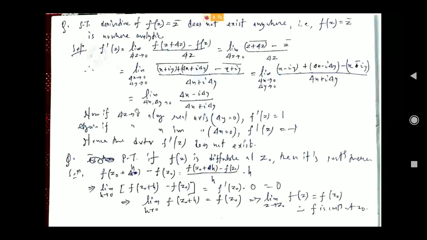So that is the approach we will adopt here. First let us approach 0 along the real axis. Of course we can do this. So when we move along the real axis, the value of the imaginary part